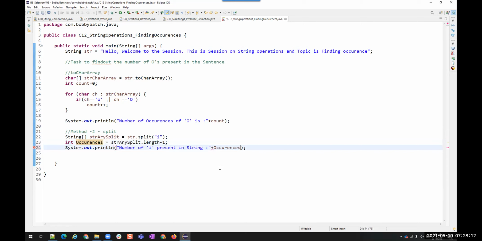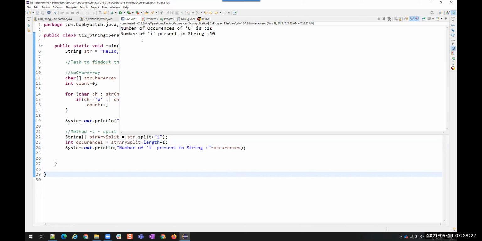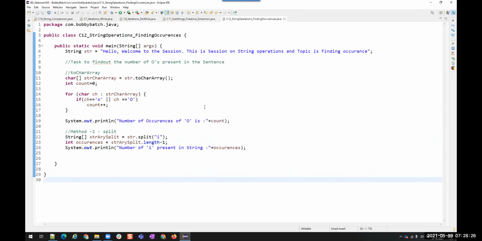Copy this, paste it here. That's all. Now see, the number of i's present in the string is 10. It's correct, right?